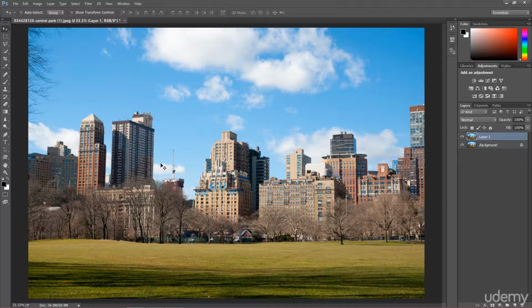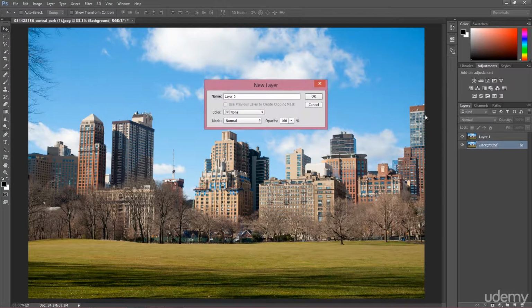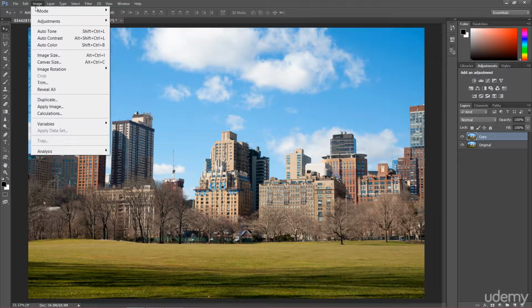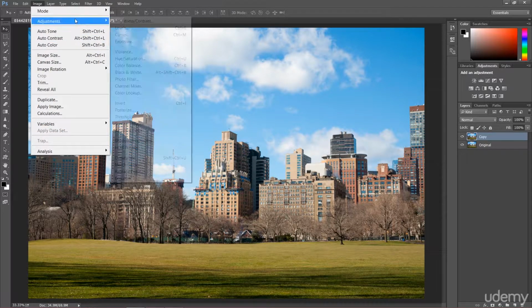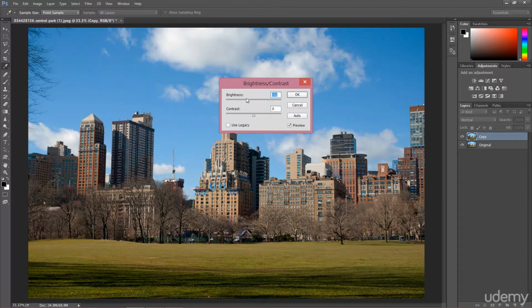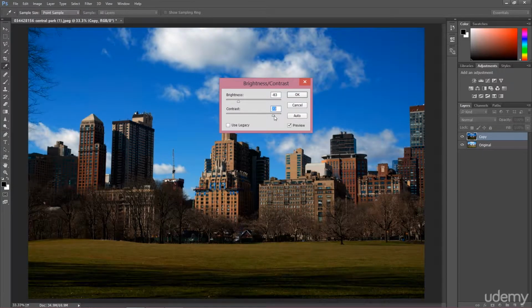How does it influence our work? Let's say the background layer, I'm going to rename this and call it Original, as our original layer, and that will be our copy. If you change your copy, because you have such an option, I'm going to use these options right now, but don't copy anything, because these adjustments that I'm going to use now are not important for the future. I'm going to open Brightness and Contrast, a very basic adjustment, and I'm going to make this image a bit darker, and make a bit bigger contrast.